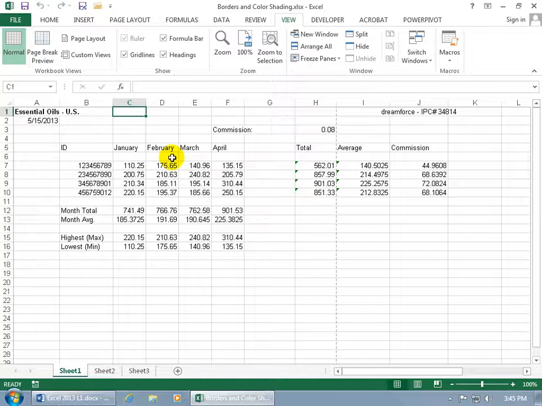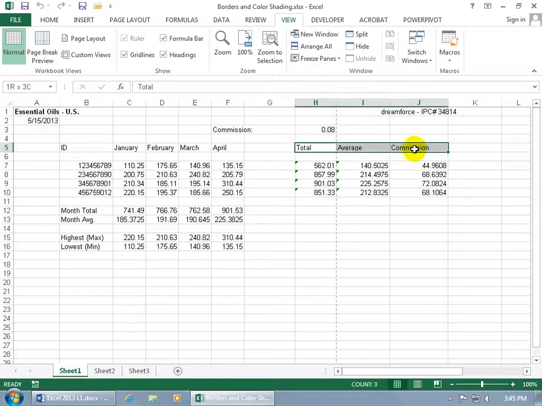And again, because it doesn't print, if you want to actually have borders to make it look organized when you print it off, then go ahead and select a range of cells. Like I'm going to go ahead and select H5 through J5, which by the way, when it comes to selections,